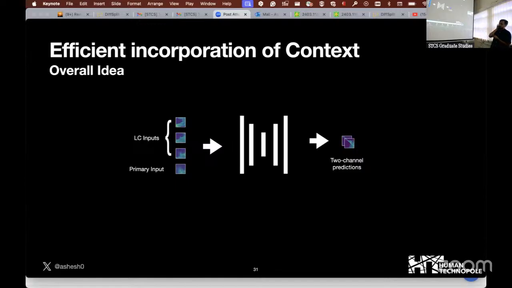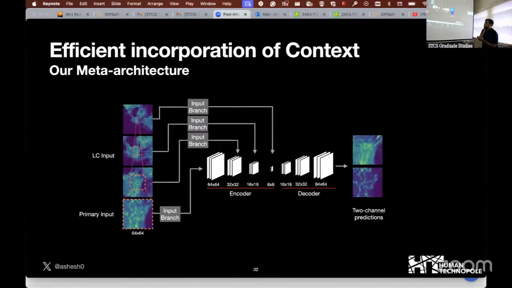Now that we have some idea of how we are trying to solve this problem, let me go into a bit more detail. This architecture is actually a meta-architecture, in the sense that we will integrate this with UNets and hierarchical variational autoencoders. The requirement for µSplit is that the architecture should have an encoder-decoder based setup, where there is this notion of hierarchy levels, where at every next hierarchy level,